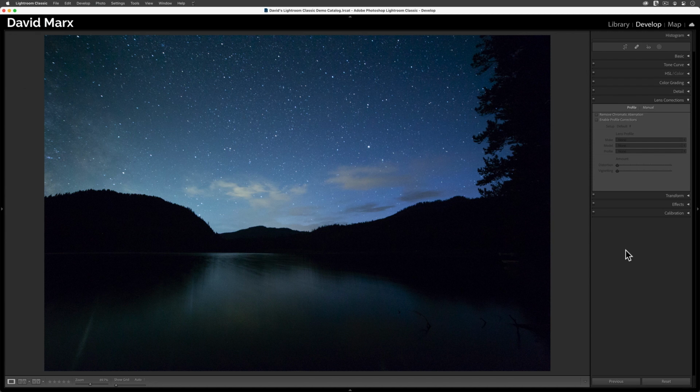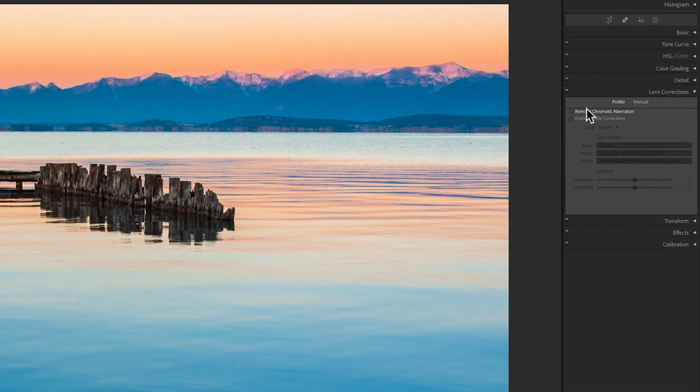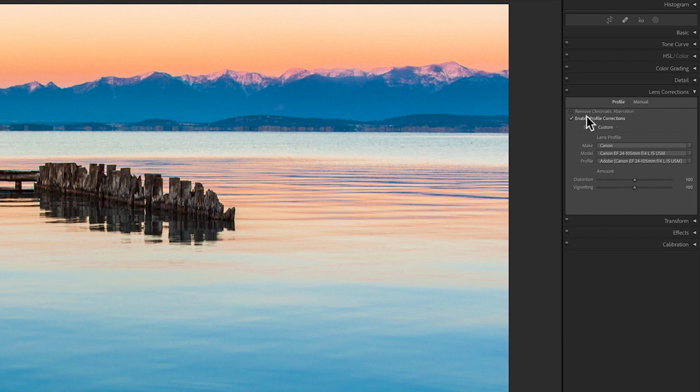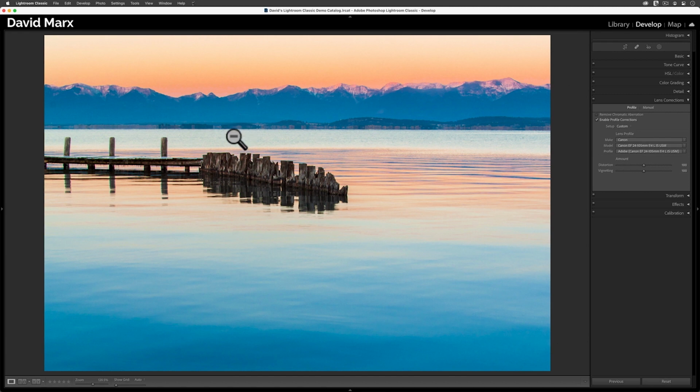Let me show you one more example where we have a different kind of optical problem. Here, I have an image that I captured one evening as the sun was setting over this old dock. Turning on the Enable Profile Correction will do us no harm here, but we're not going to see the same kind of dramatic results that we saw in the last example. If I zoom way in here though,